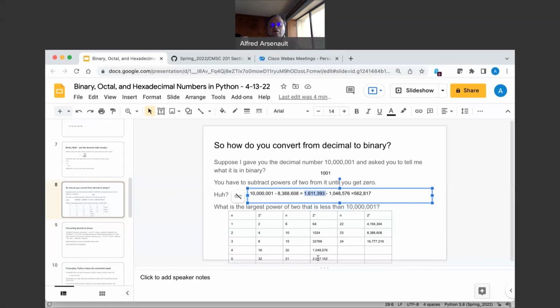We have a 0 in the 2 to the 21st place. That won't work. But 2 to the 20th will work. When I do that subtraction, I get 562,817. Okay, and so I keep going, and what I'm going to wind up with